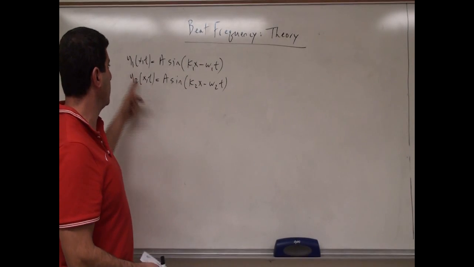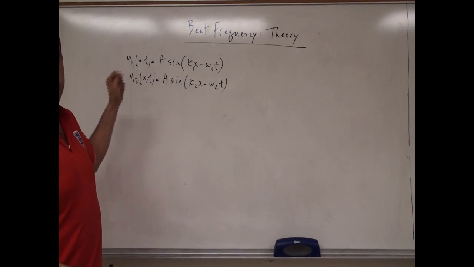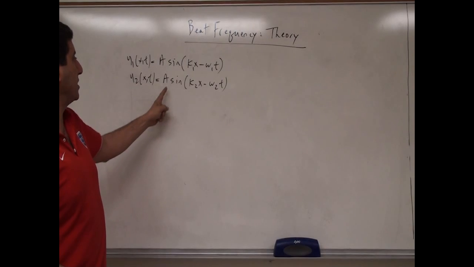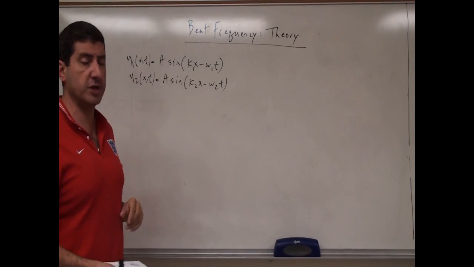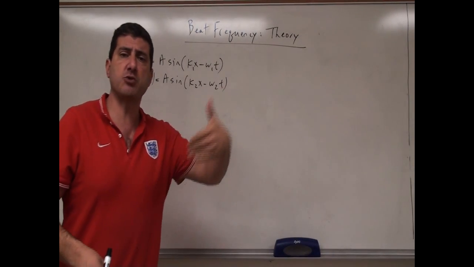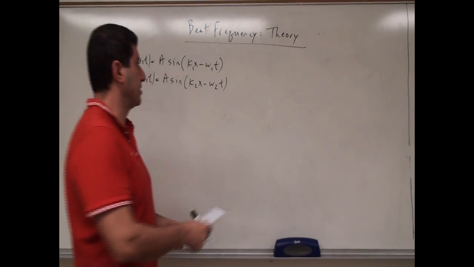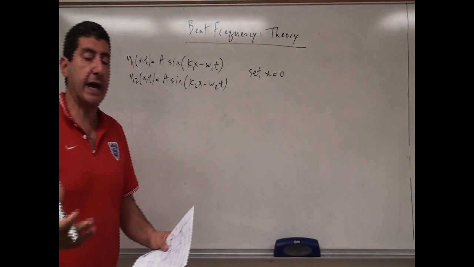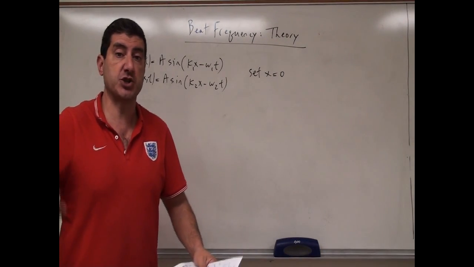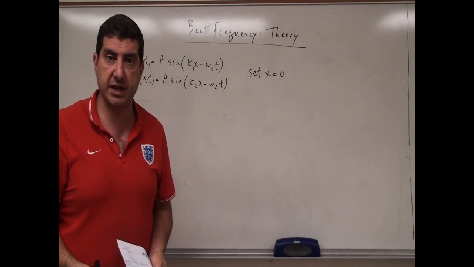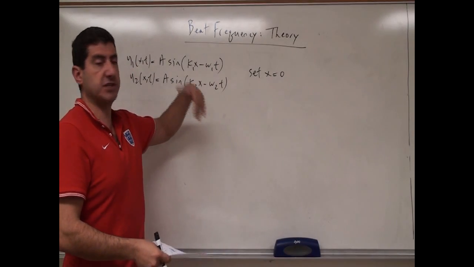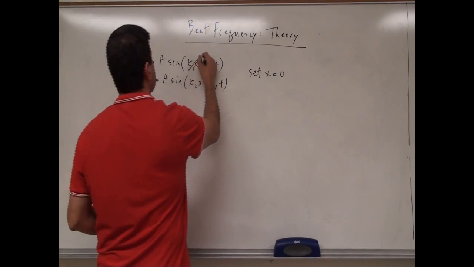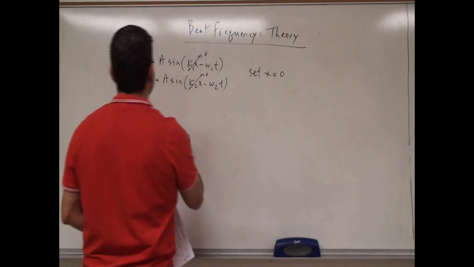minus omega 1 t). This is an equation for a traveling wave, y2(x,t) = a sine(k2x minus omega 2 t). So we can set x equal to 0, just to make things simple. Set x equal to 0 and analyze what happens to these waves as a function of time when they combine together, right? So to make our life easy, we can just set x equal to 0, this thing disappears, and I